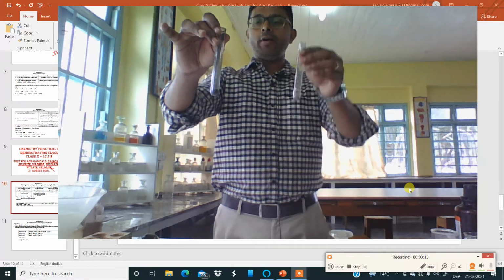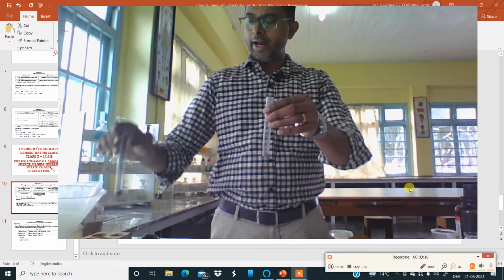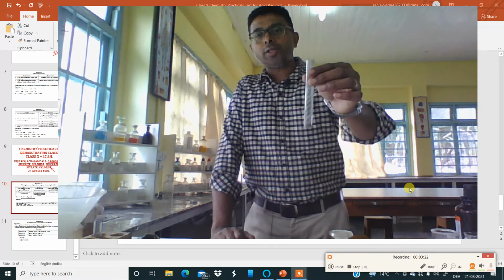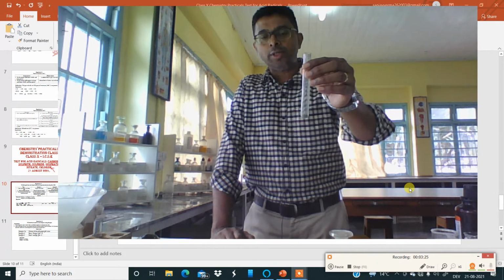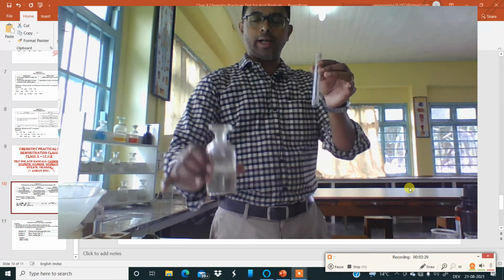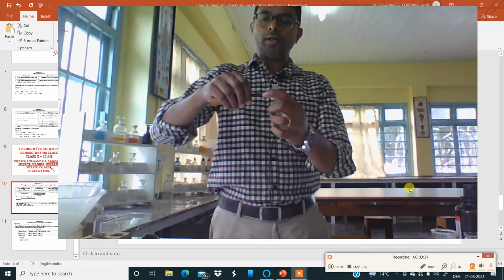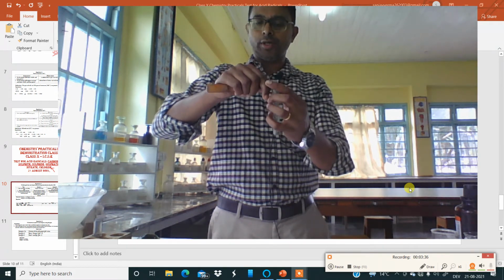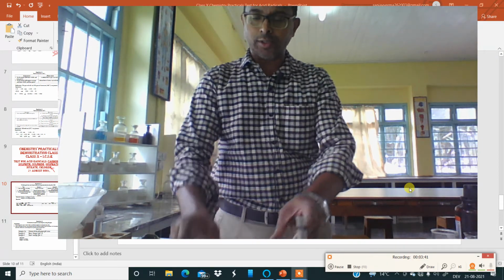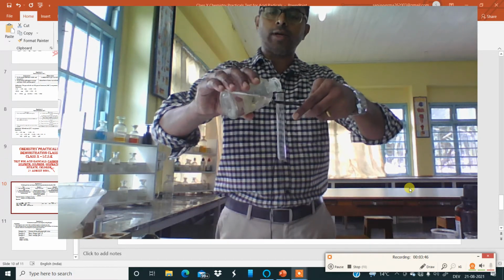Now I will follow the instructions given in the PowerPoint slide, and to them I am going to add concentrated hydrochloric acid to each of them and heat them separately. So I have taken concentrated HCl. This is concentrated hydrochloric acid, but before adding I must use a test tube holder, because I am going to heat it. Now to this sample A, which is copper oxide, I will add concentrated HCl, a little bit.